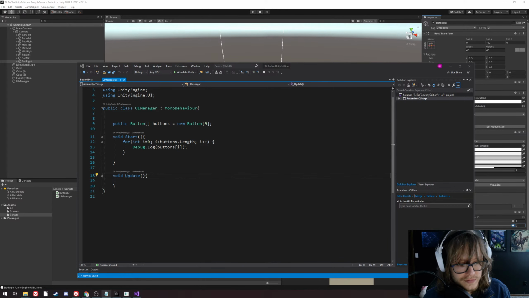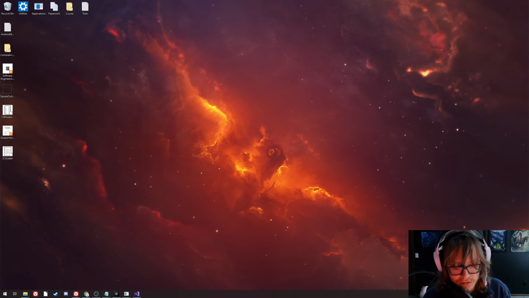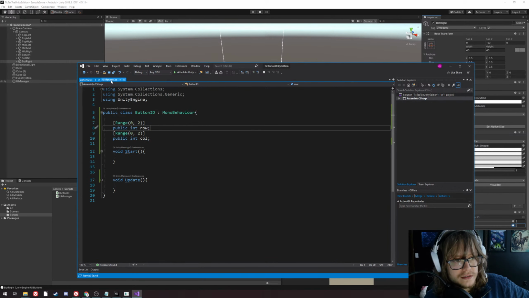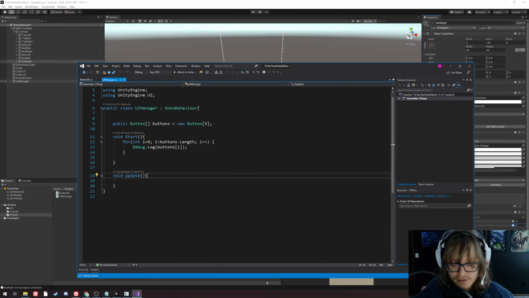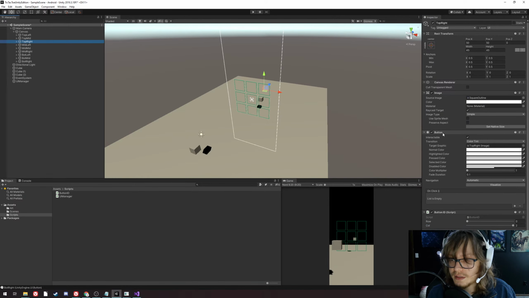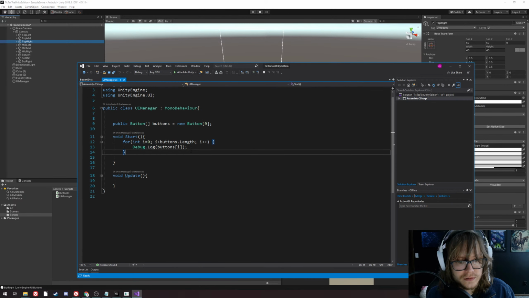Closing out of my other stuff, I got a lot in my way here. That buttonID thing is bound to this buttonID.cs class. Whenever we want to access a component from an object, we use a method called getComponent. And whenever we want to access the game object that a component is attached to, we can access that as a simple field. So for example, all of these buttons that we made in the array actually correspond to these button components attached to the object. Not to the object as a whole, but to its button component. If we want to access the actual object, we would use